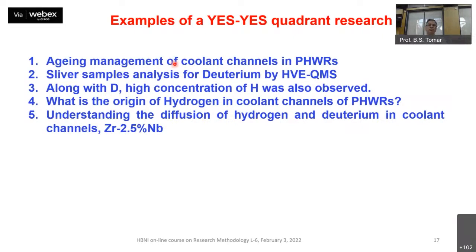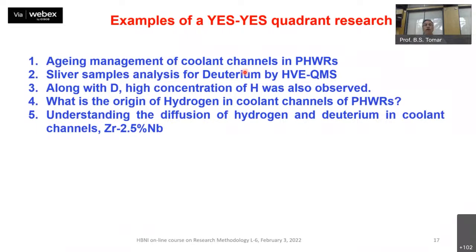So before the stress corrosion cracking takes place, they are removed, and that happens after maybe a few years. Before the coolant channels fail, the engineers try to do aging management. In that aging management, they scoop out a portion of the coolant channel and bring it to the laboratory to measure the deuterium content. This zirconium niobium at room temperature can contain 28 ppm. If it contains more than 28 ppm of deuterium at room temperature, it will form deuteride. So it's a different phase of zirconium that will form blisters.